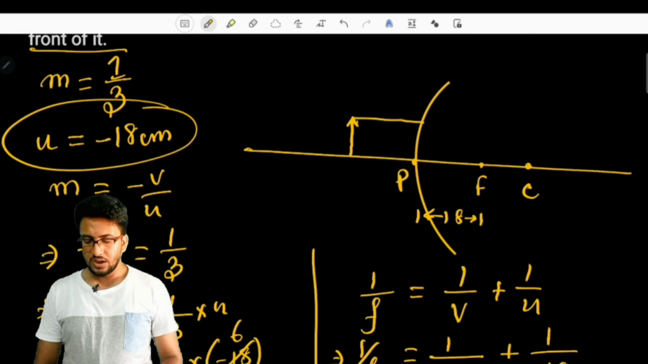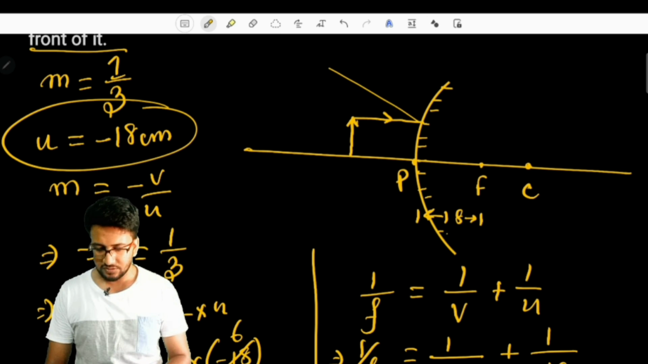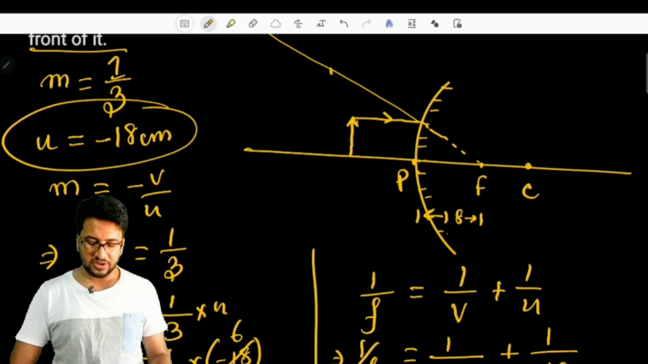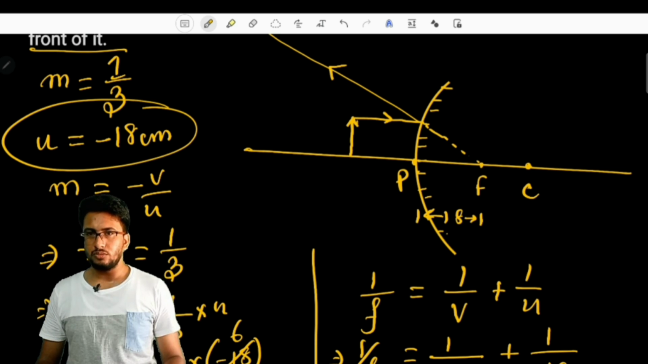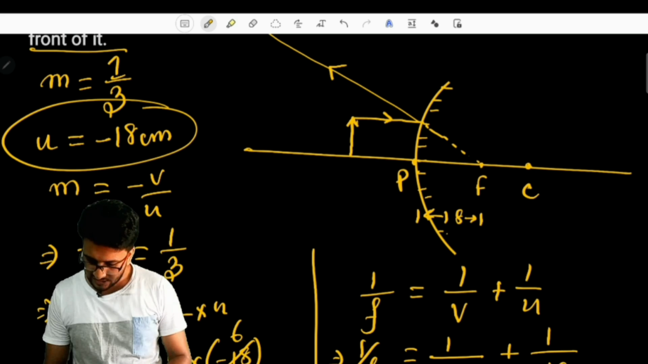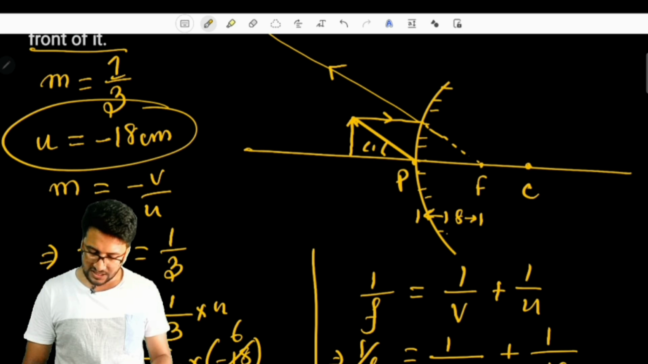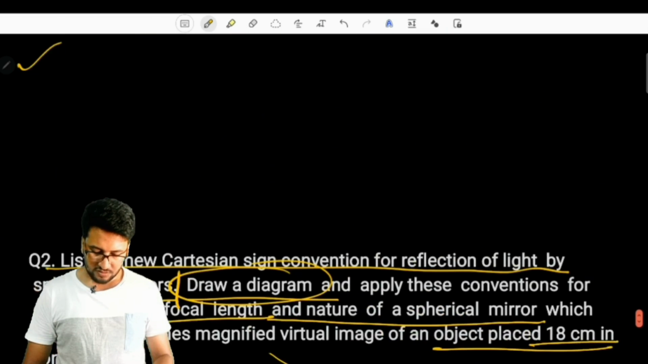Now, if the object is placed at 18 centimeter, let us suppose this is the 18 centimeter, then where will the image be formed? Light rays traveling parallel to the principal axis, after reflection from the surface of the mirror, will transmit in such a way that they appear to come from a point at the back, which is our focus. This is our rule number 1 that we have studied earlier. And the second thing is that when the light ray falls on the pole of the mirror, it follows angle I equals angle R,